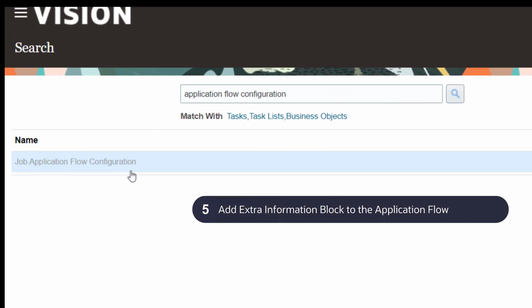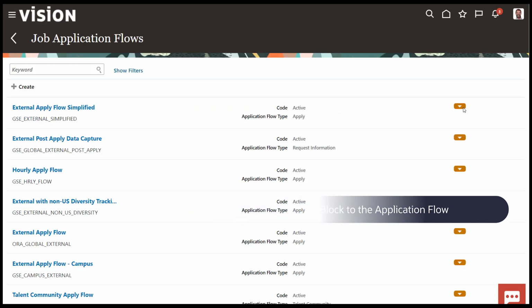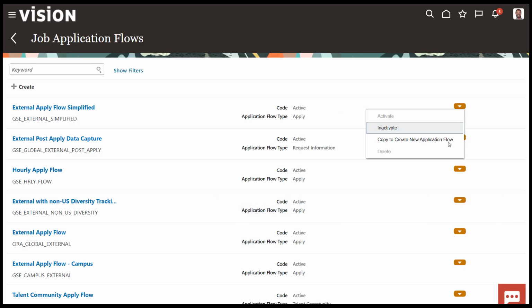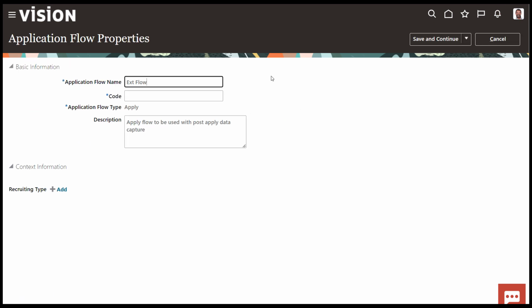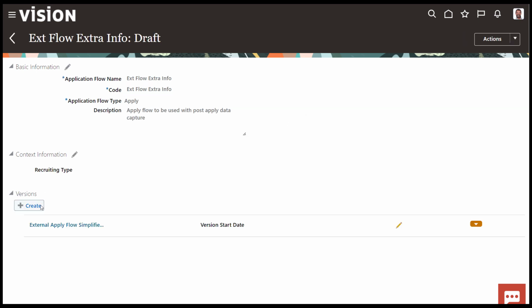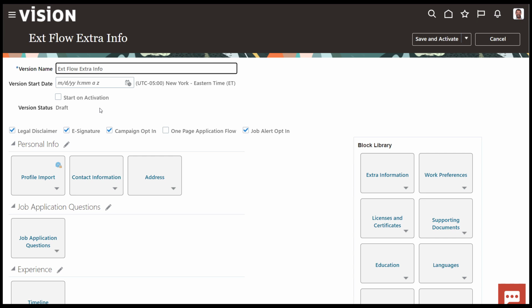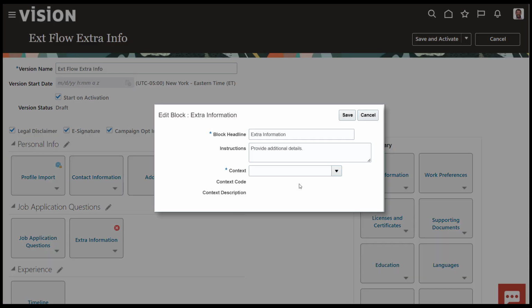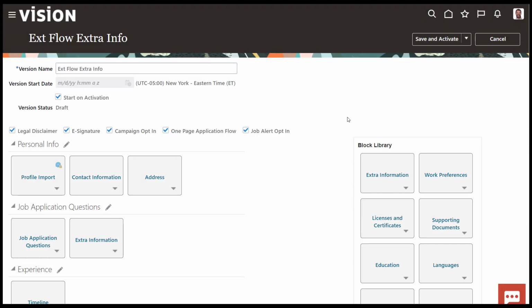Next, navigate to the Job Application Flow Configuration task. Select and use an existing external flow to create a new one. Assign a name and create a new version. Select the needed options. Then under the blocks, locate the Extra Information block and add it to the Application Questions section. Click on the block to edit it and assign the context you created to the block. Save and activate the version